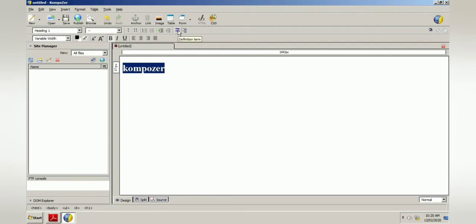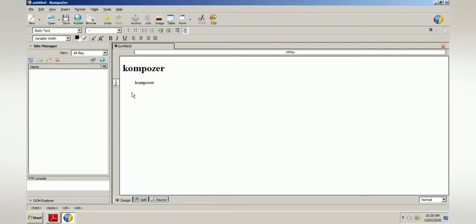Then next is the definition term. If you select this one, then like this it is written, and now when I write the information, it will come with the definition term by default with the indentation. So next, whatever I am writing here, you can see how it is visible in the paragraph form. Understood? So this is format toolbar 1.